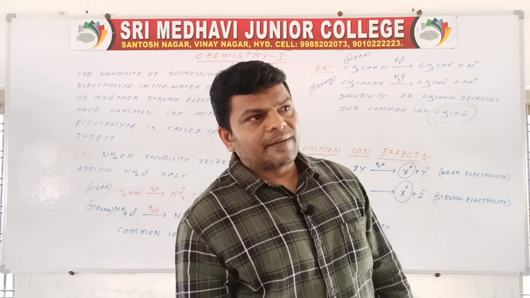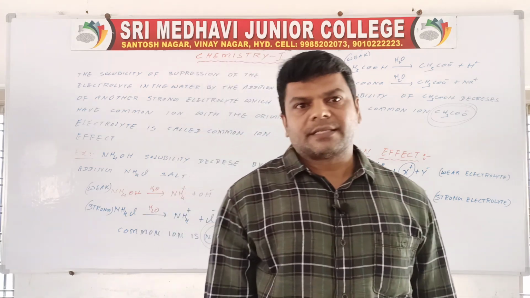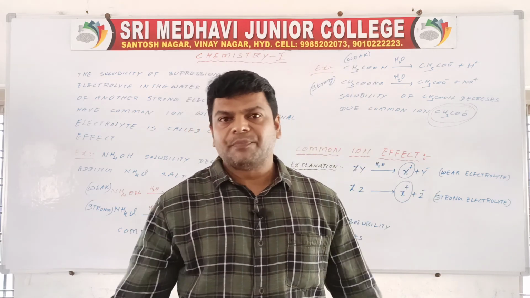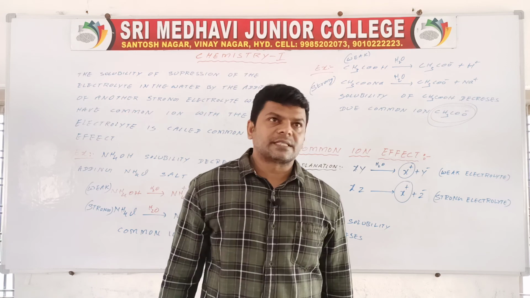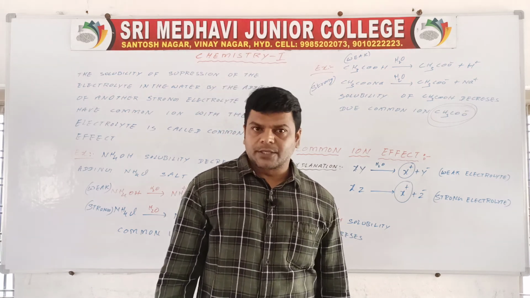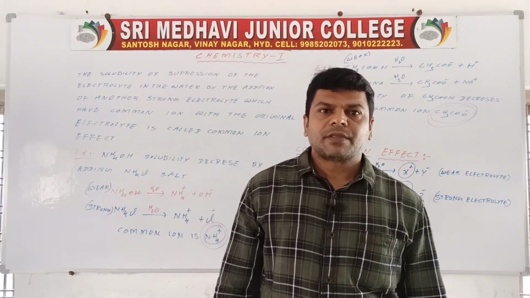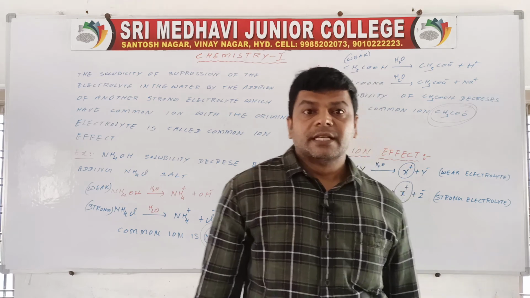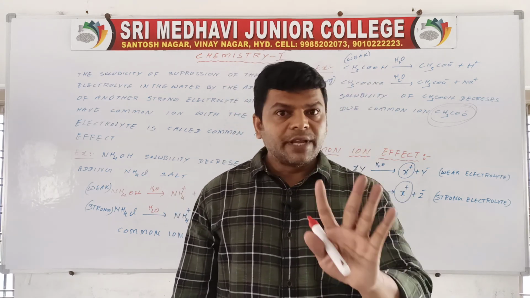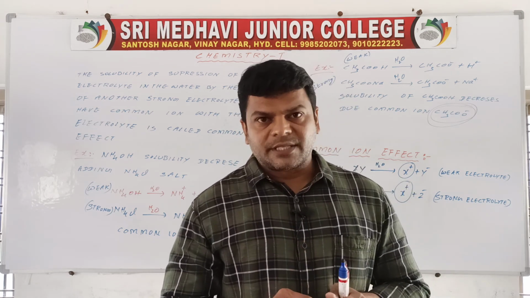So this is briefly chemical equilibrium, acids and bases. This chapter is over. This is the seventh chapter. In the next class we will start a new chapter, hydrogen and its compounds. Up to here, 7 chapters we finished, nearly 46 marks covered. In total we have 13 chapters in first year.